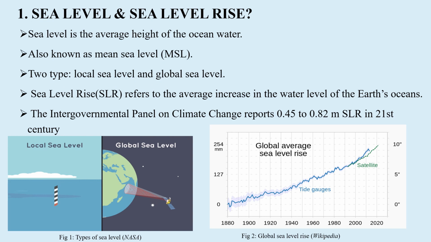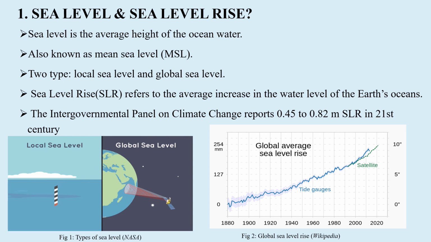So before discussing what sea level rise is, first we have to understand what sea level is. Basically, sea level is the average height of the water on oceans. And when talking about sea level, we usually refer to the mean sea level. There are two ways in which we can measure the sea level. One is through the use of water gauges, in which we take the reading of individual ocean height at different times and then take the average of those readings to get the mean sea level.